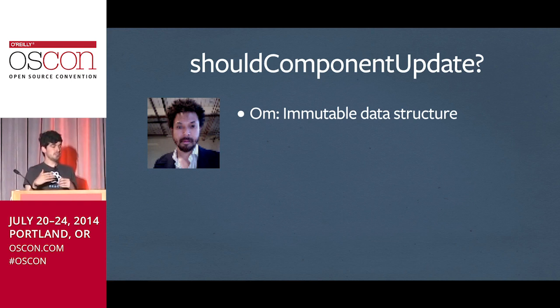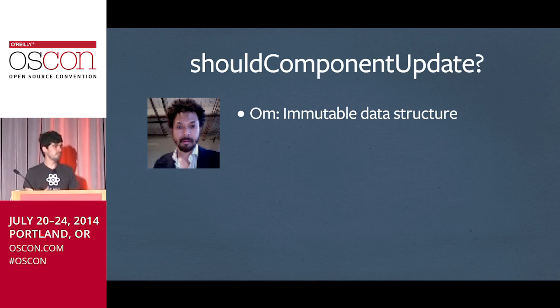And now if you try to implement shouldComponentUpdate, you're going to say, oh, what was the previous object? What's the next object? And it's going to be the same objects, but you actually modified it in between. And so you're going to say, oh, this is the same, this is the same. I'm going to return true, even if it's changed. So in order to implement it,